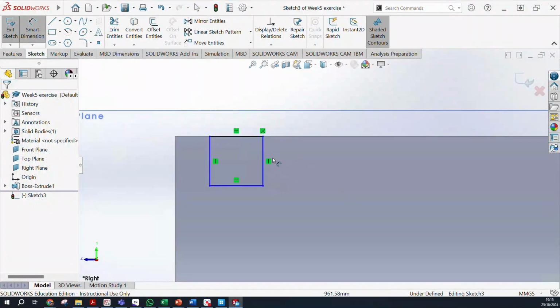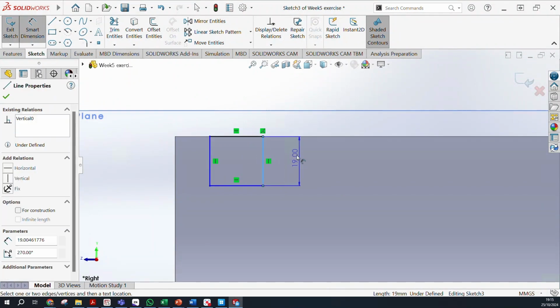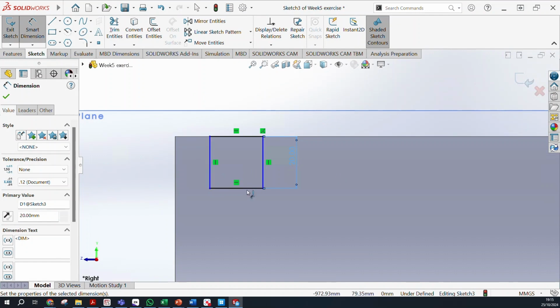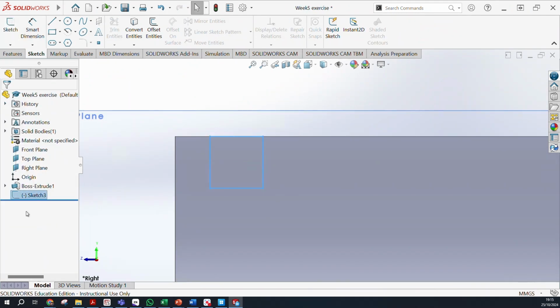Take small dimension and select this 20. So hopefully both like that, and then I will select exit sketch, and when I select this sketch I need to go to